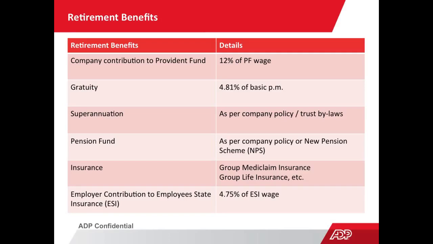Then there are a few companies that will still consider the employer contribution to ESI, employee state insurance, in the total compensation package, which is 4.75% of the ESI wage. This again varies, so you have to review it every 6 months in the financial year, once in the month of April and once in October, to check whether any employees are falling under the ESI bracket or moving out of the ESI bracket. Then accordingly you have to adjust this component structure in the compensation plan.